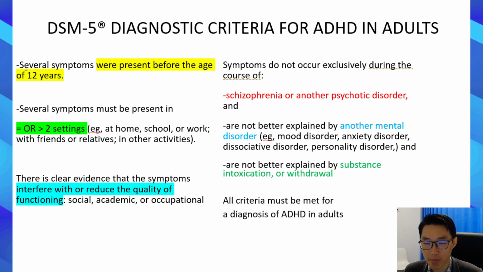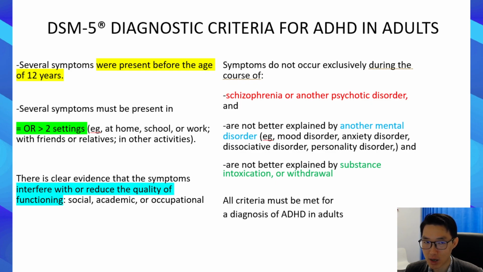And finally, these symptoms must not be caused by other causes. And these causes must be excluded to diagnose someone with adult ADHD. Conditions that must be excluded include schizophrenia or another psychotic disorder, mental health disorders such as mood disorder, anxiety, dissociative disorder, or personality disorder, or the use of substances that leads to intoxication or withdrawal symptoms. So these three different groups of disorders must be excluded before we can diagnose someone with adult ADHD based on